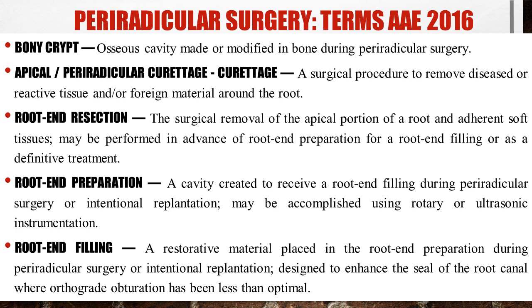And then of course you have the root end resection. This is where the handpiece and the burrs come into play. So you have to remove the apical portion of the root. Ideally speaking, you have to remove 3 mm of the root surface, of the root tip. Why 3 mm? That will be covered in the future slides. The explanation will be given, and it's a very valid one also. So you have to remember that 3 mm is the ideal amount of root surface which has to be removed from the tip.